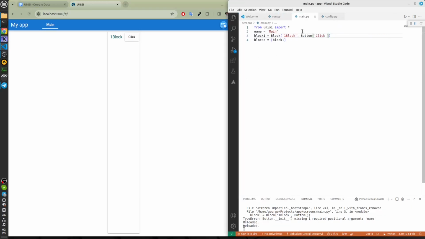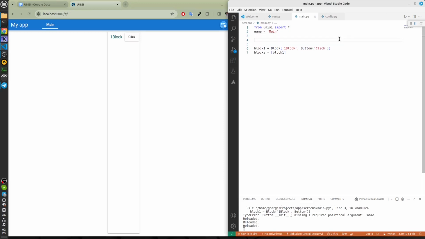Let our button return the information window when it's pushed, with the button value.